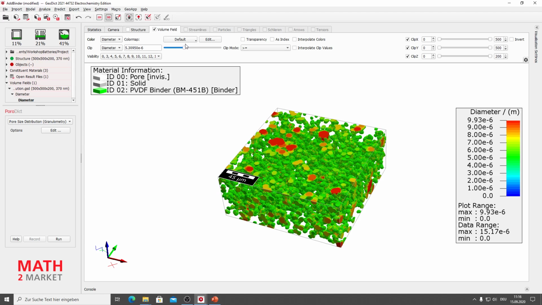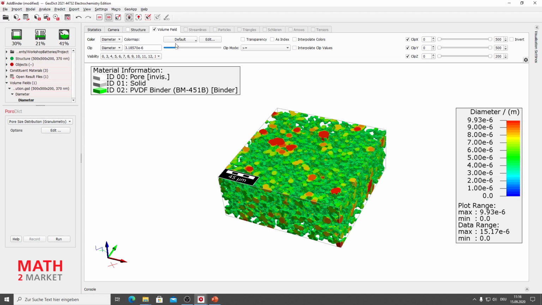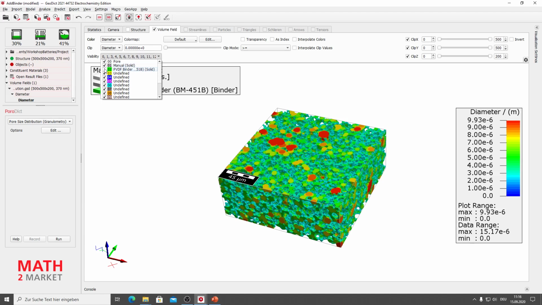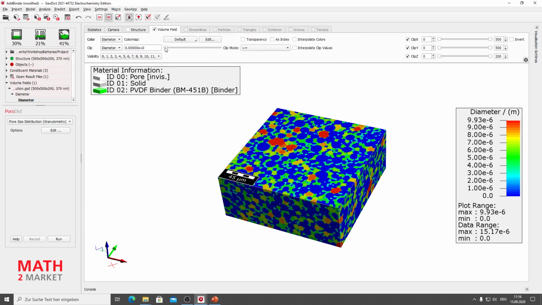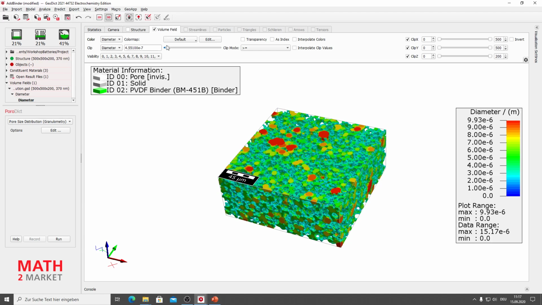It's very nice. Even if you check the solid material again and do this clipping, you can see that the values inside of the solid material, which is 0, are vanishing directly.